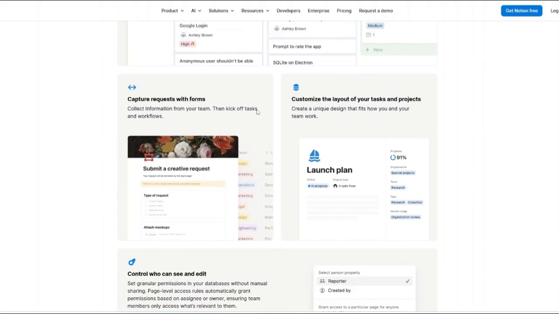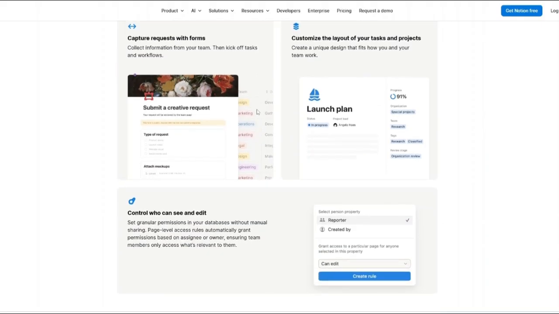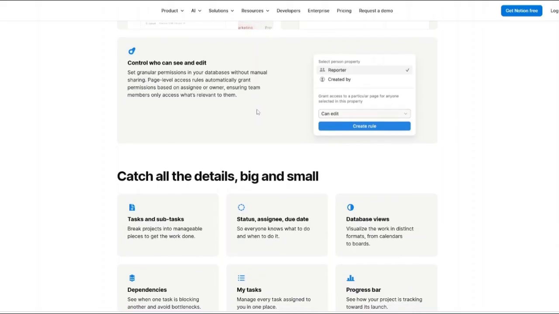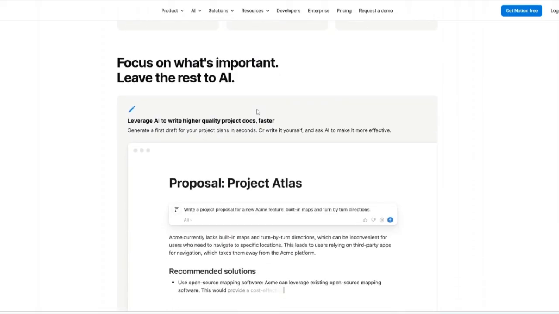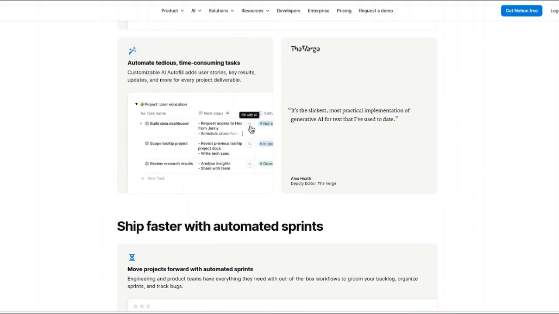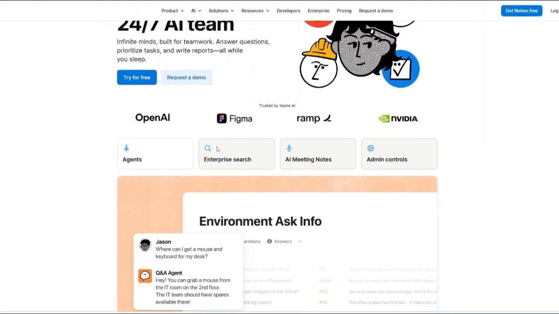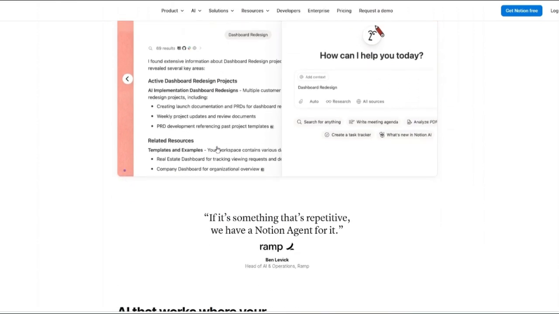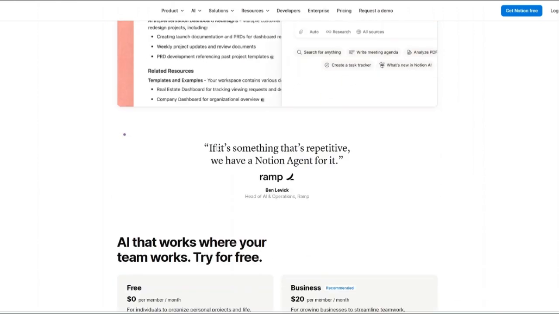Team collaboration. Multiple users can edit documents simultaneously, leave comments, assign tasks, and work together in real time. And next is templates. Thousands of templates make it easy to get started quickly. AI integration. Notion AI can summarize content, generate drafts, brainstorm ideas, answer questions, and improve workflows.